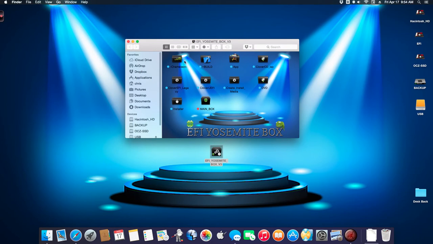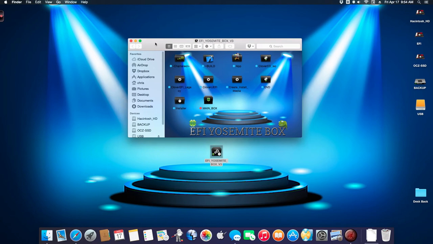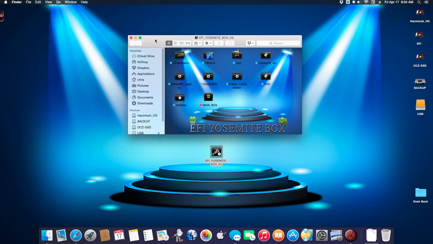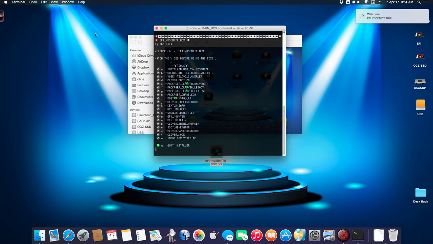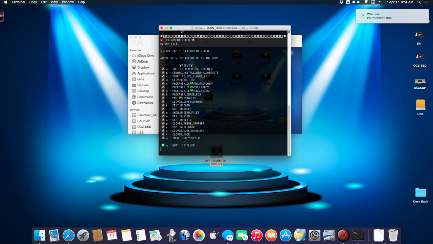And you see inside the box lots of folders. So the main file is this one, the main box. This opens the bash terminal window, and you have your options. Just click here and you're welcome to EFI Yosemite Box. Now I show you today all